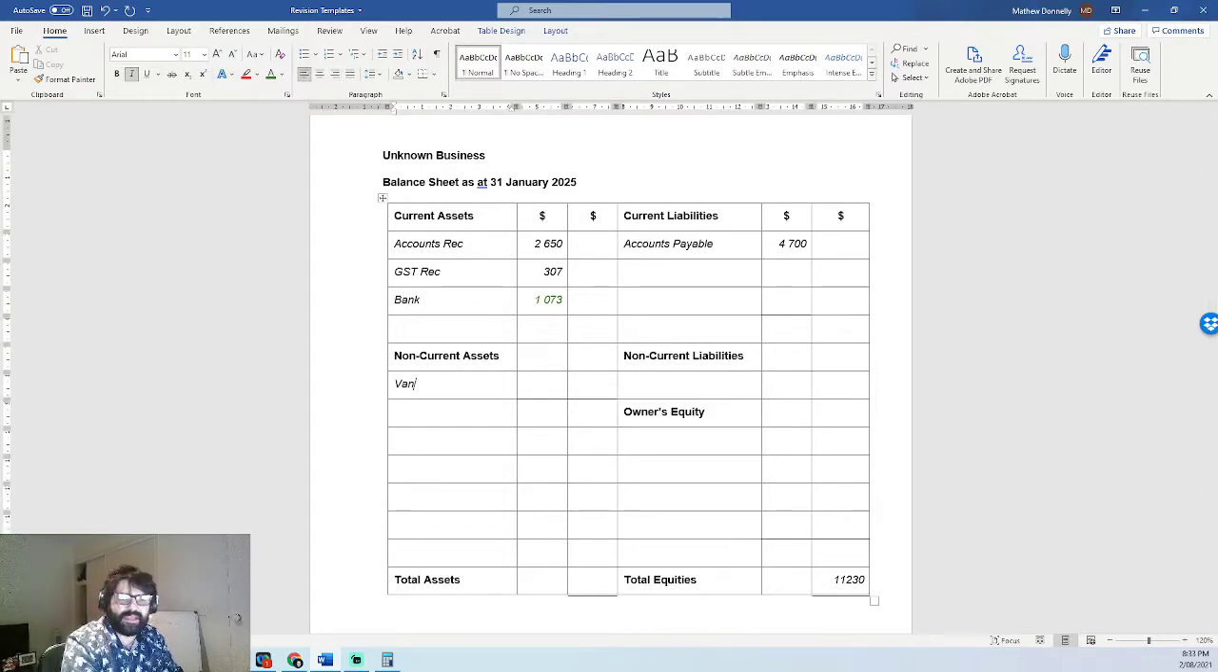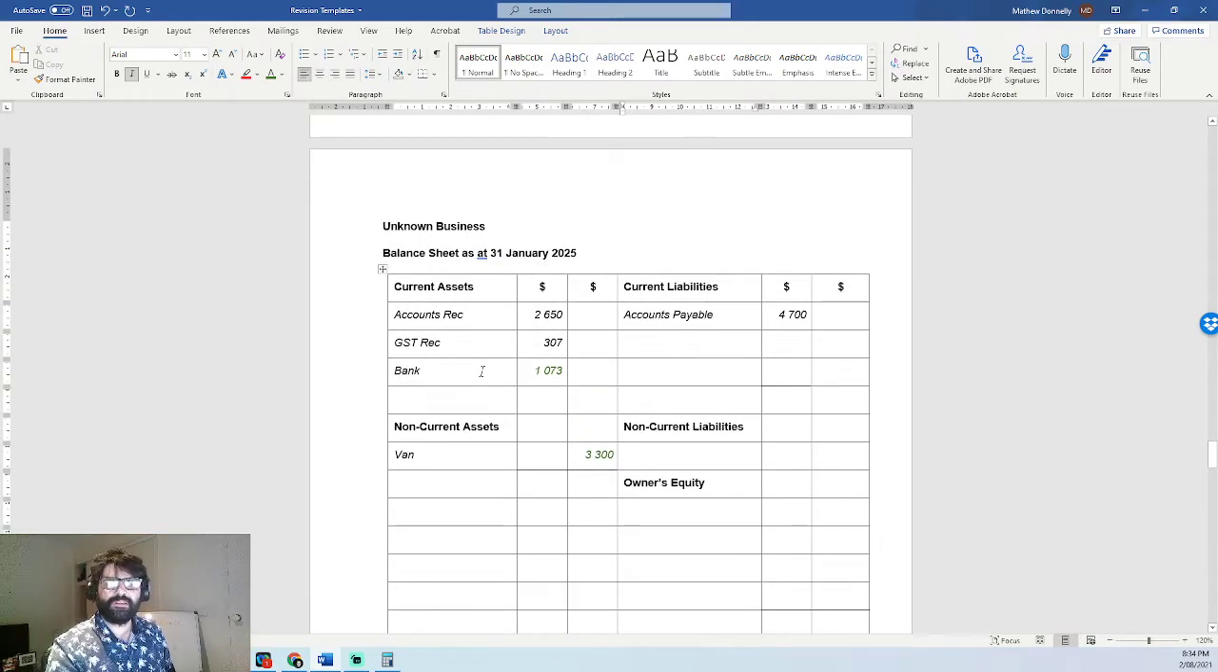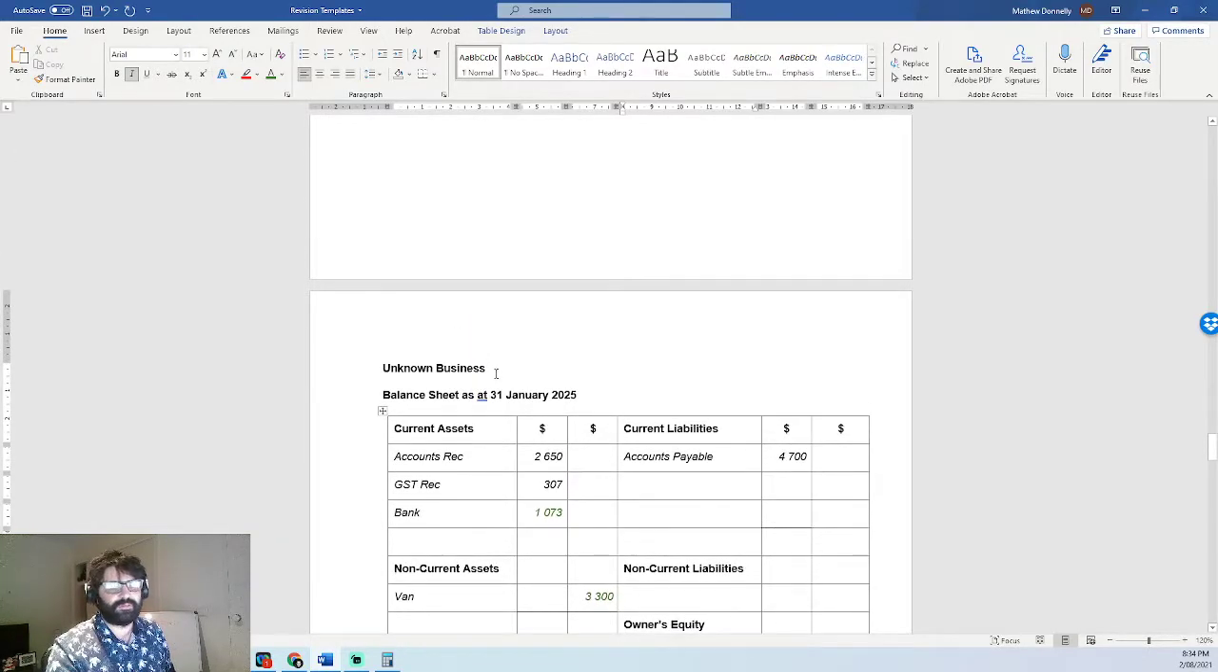So we go van, and we know that we paid $3,300 for it. Now, it's the only non-current asset because it's the only amount in the investing. Now, because it's an outflow of cash, it means we actually received the asset, so that's where that would go. We've got no non-current liabilities, so the last little bit, I believe,